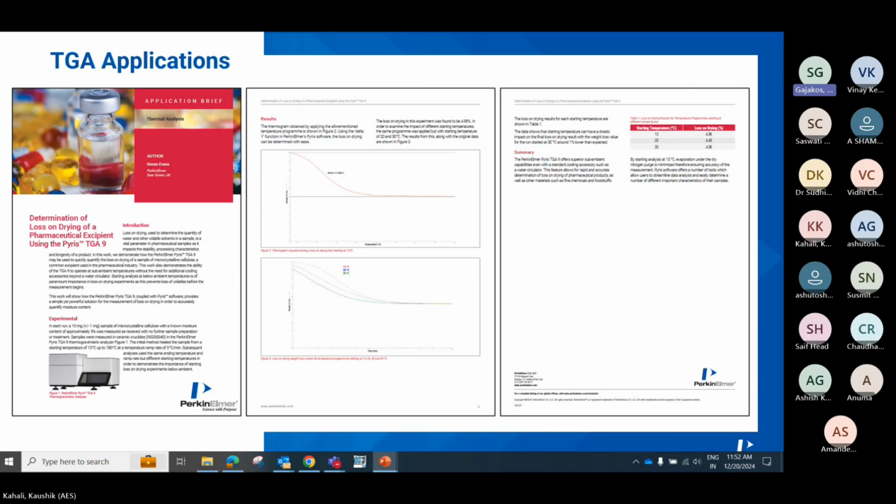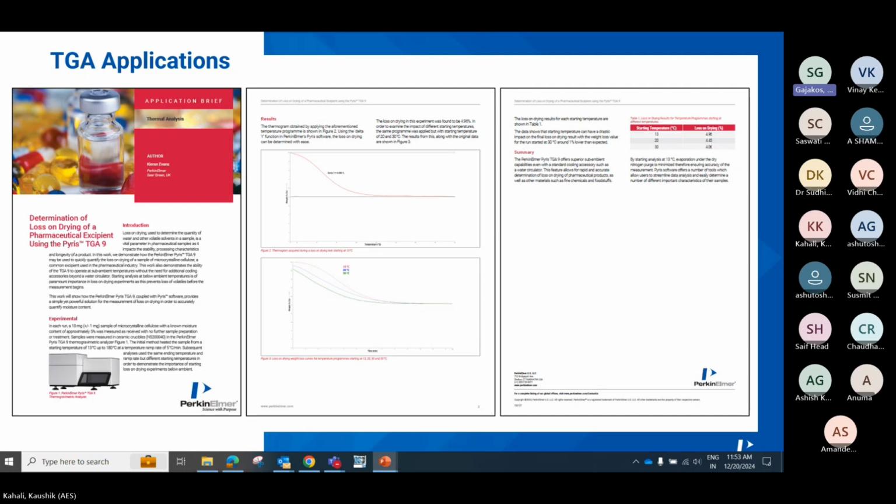Most of the time we start the analysis from 30 degrees centigrade, which is room temperature, and we go up to 900 or 1000 degrees centigrade. Here, we try to start the analysis as low as possible with the help of a simple chiller, which can be connected to our TGA. That gives us the chance to start early and record whatever volatile losses we are getting from the sample